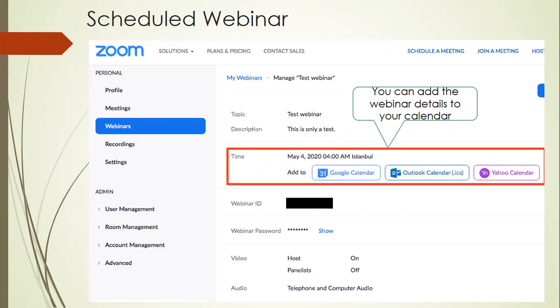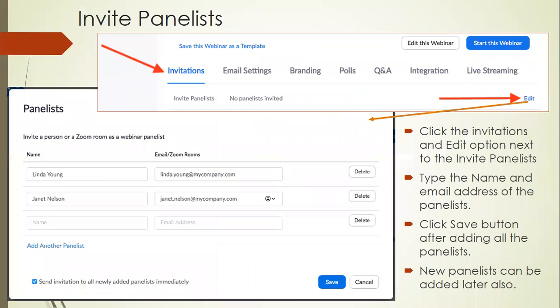And you can see the webinar ID and password and the other options you already configured when you were scheduling the webinar. And when you scroll down,